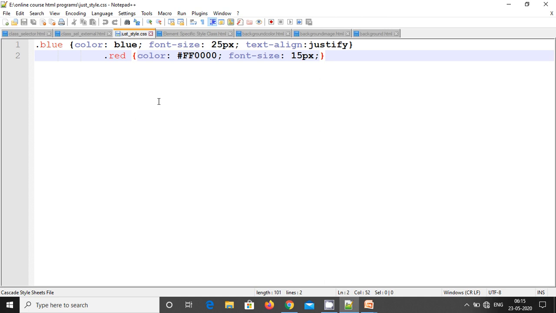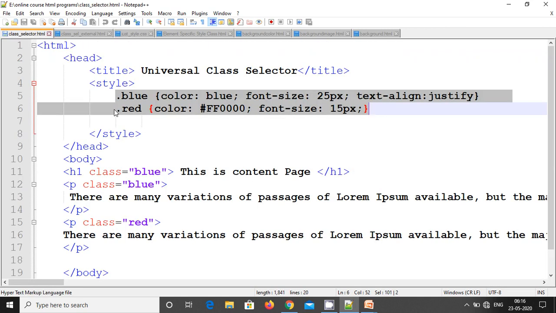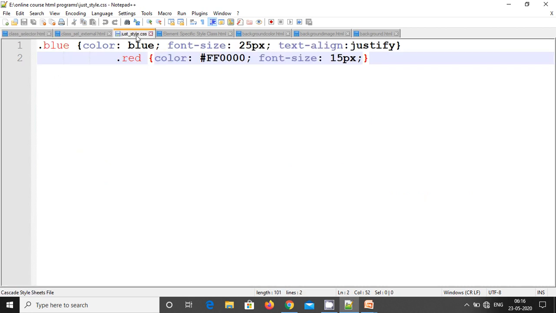This is not only for this class; for any kind of styling property, whatever you put in a style tag can be brought into a different notepad, and it should be saved with the .css extension. You must give the .css extension, otherwise the file will be saved as a txt file. So now our style file, that is the external style file, is ready. I just copied whatever was within the style tag, pasted it in another notepad, and saved this file with the .css extension, the cascading style sheet extension.